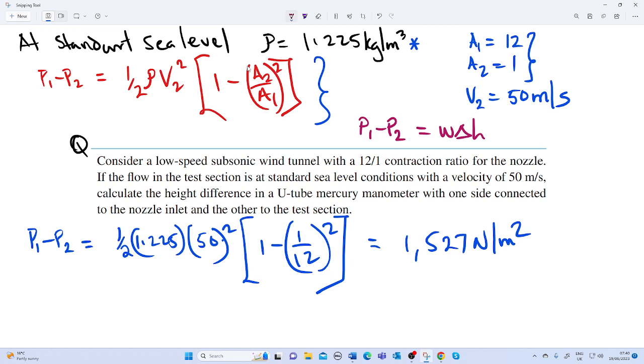And don't let us forget that the weight of mercury equals 1.36 times 10 to the 4 kilogram per meter cube. From there we can deduce that